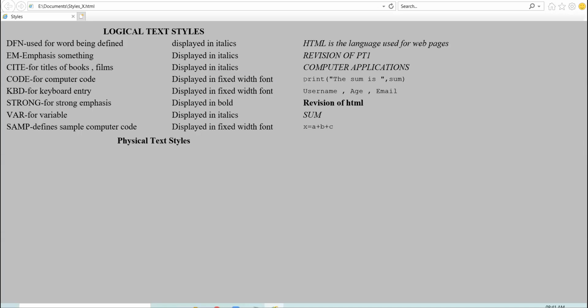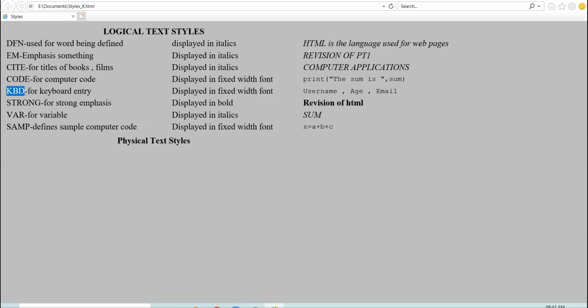I have taken one example from Python programming, a statement we mostly use in Python. See the font, fixed size font. This is called monospace font. Clear?